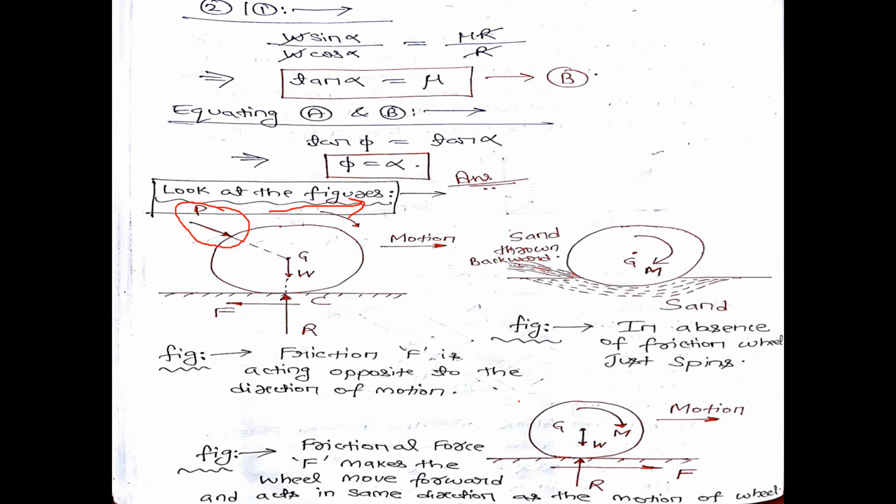Say if you apply a force in this direction, this is the direction of force P, and if you take this distance, because I know that moment is force into perpendicular distance from the point of application of force. Perpendicular distance I am taking from the center of gravity of this ball. Say this distance is R. P into R will create a clockwise moment on this ball. Then the ball will rotate.